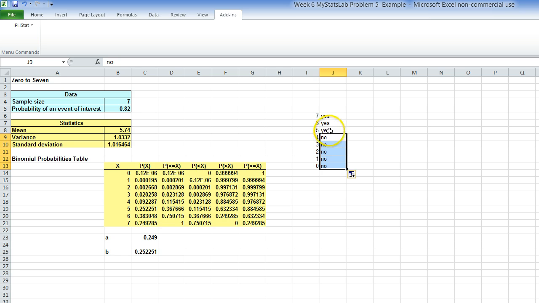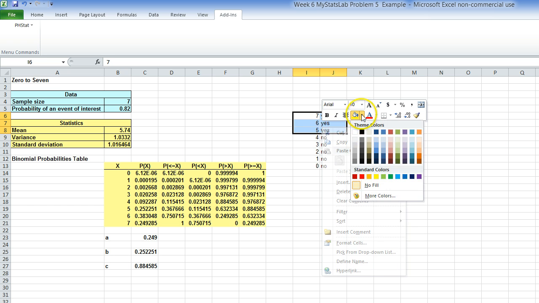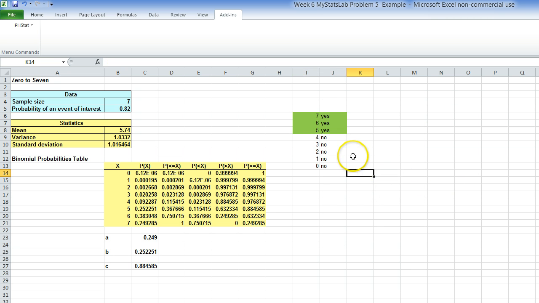So what we can do for the probability of at least 5, if we know the probability of exactly 5, the probability of exactly 6, and the probability of exactly 7, is add these 3. So for part C, our response is the probability of exactly 7 plus the probability of exactly 6 plus the probability of exactly 5. These 3 values are exactly what we're looking for, because we are interested in the probability of at least 5. And for that to happen, it needs to be 5, or it could be 6, or it could be 7. So if we look at the probability of exactly 5, exactly 6, and exactly 7, and we add these together, then voila, you would have the